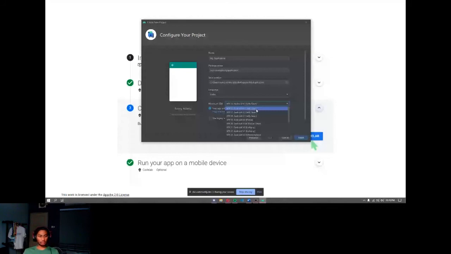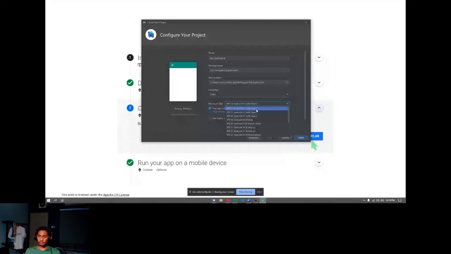But before we can run our application, we need to create our virtual device first. Go to the top right of your Android Studio. We have this little button over here called AVD Manager. Click that, and a pop-up window will appear. Here we have the Create Virtual Device button, click Create. Here we have a wide choice to create our virtual device. We can create TV, phone, smartwatch, tablet, and I think this is for car. But we're going to go with phone.